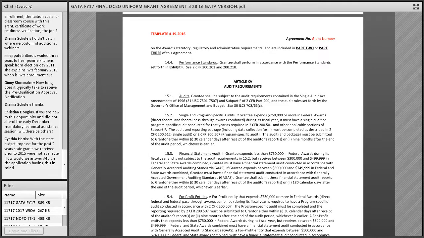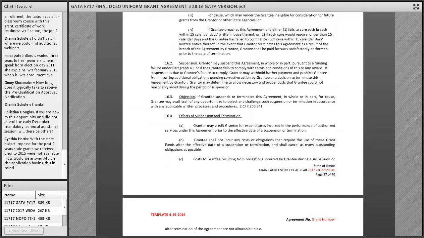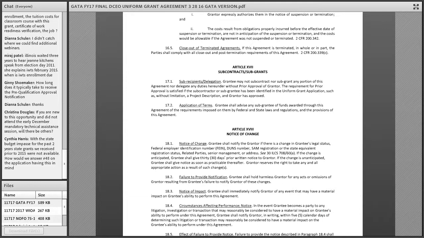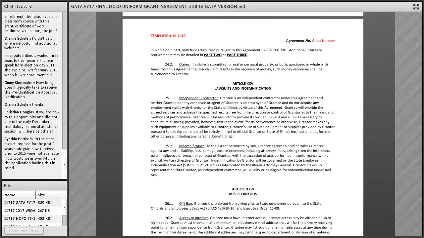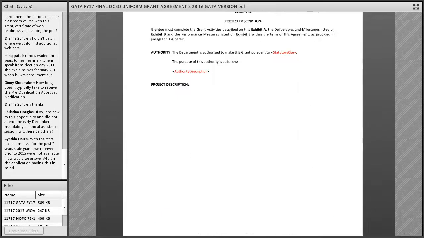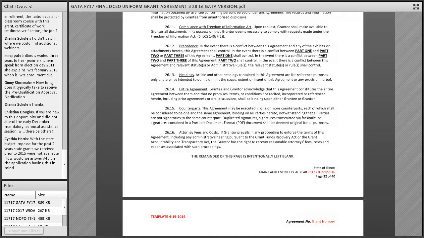Those of you who are new to state grants, I would point out that our current grant agreement is about 30 to 35 pages and includes all of these boilerplate components. So I want to skip through the boilerplate information to the exhibits. At the end of the